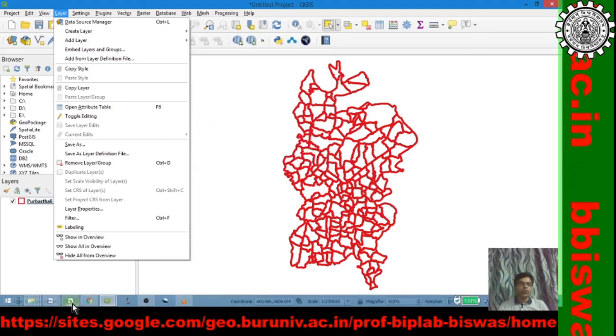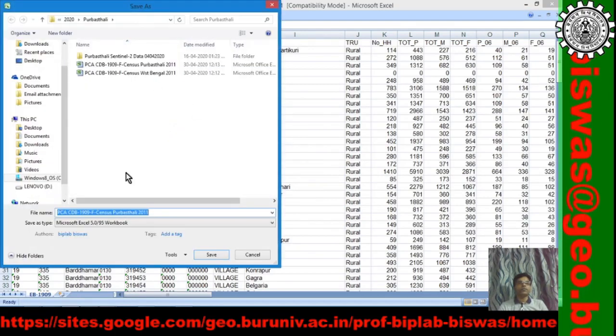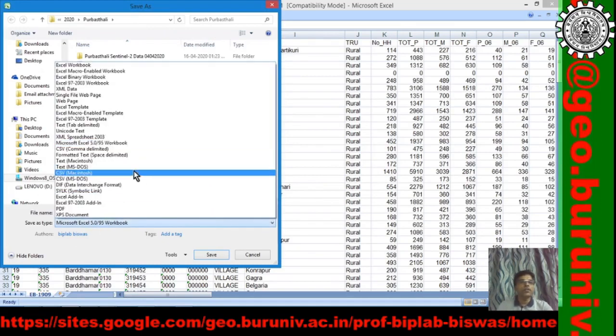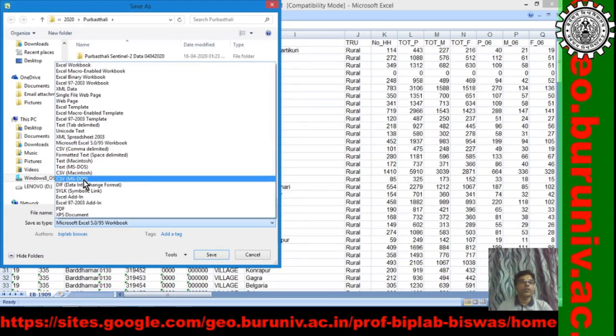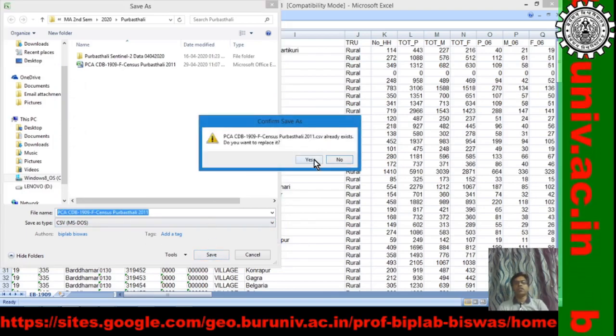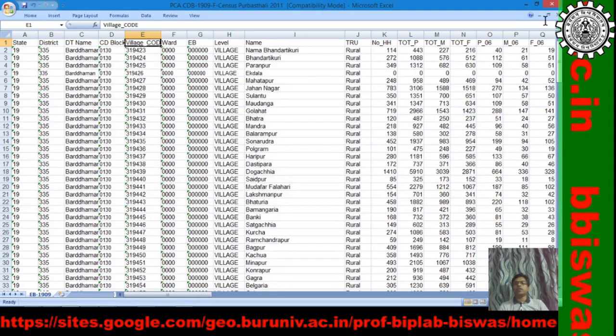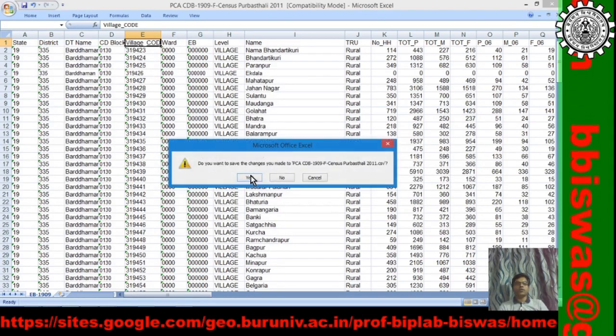So, we have to go to file, save as, you see save as type is this CSV MS-DOS format, and save. You just click yes, it will ask many questions, but yes, close, yes, yes.